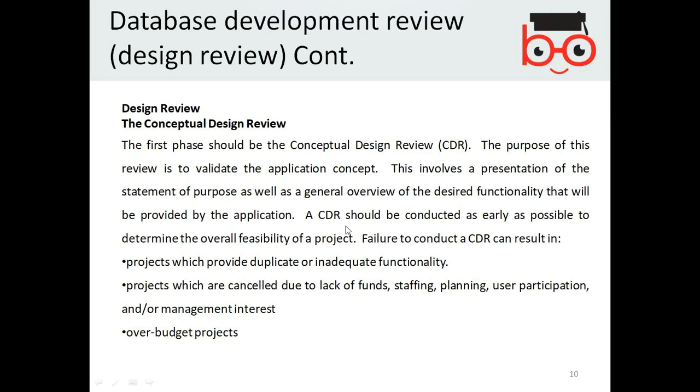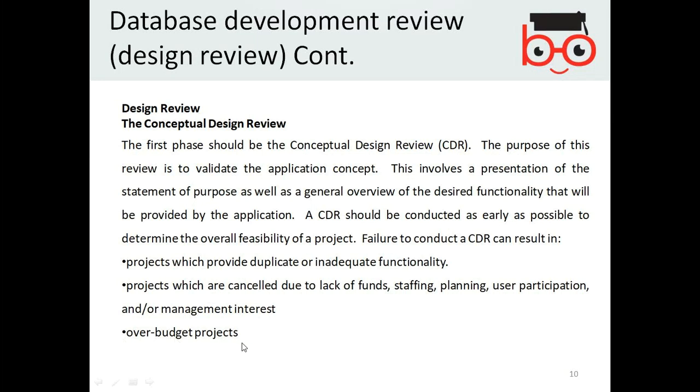A conceptual design review should be conducted as early as possible to determine the overall feasibility of a project. Failure to conduct a conceptual design review can result in projects which provide duplicate or inadequate functionality, projects which are cancelled due to lack of funds, staffing, planning, user participation, and management interest, and over budget projects.